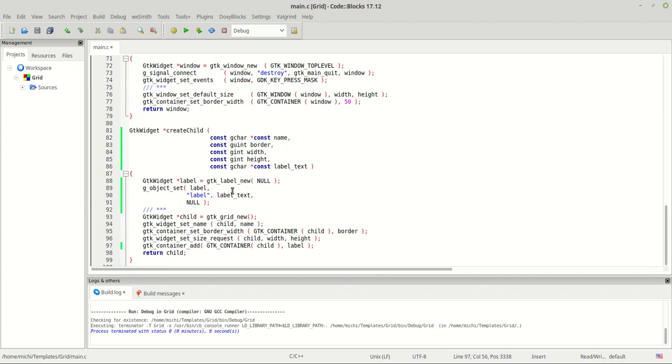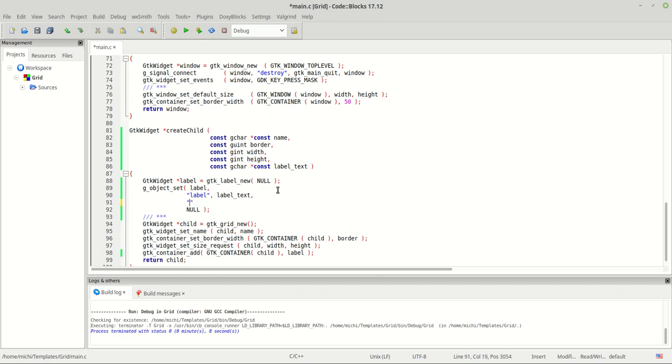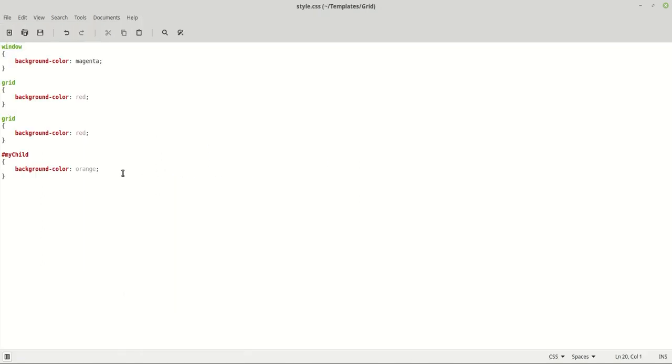Let's make some change. For example, let's give a name for this label. So the next property will be name. This is the same as telling GTK widget set name, but we are setting now a name for this label, so it will be called my label, so that we can work with this property. And then here, of course, we are going to call it my label,